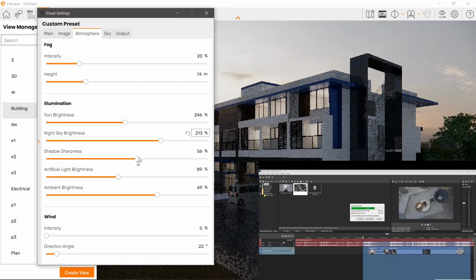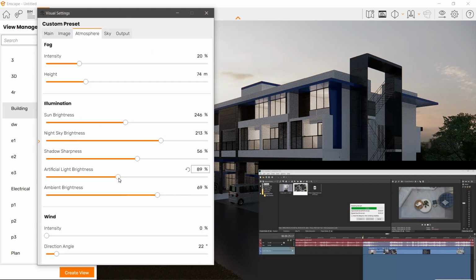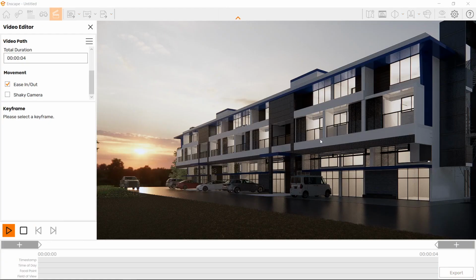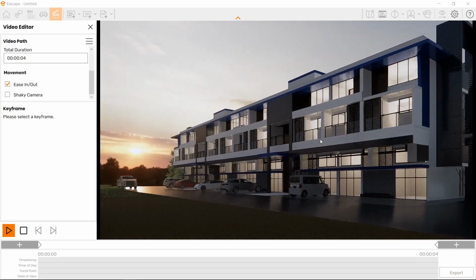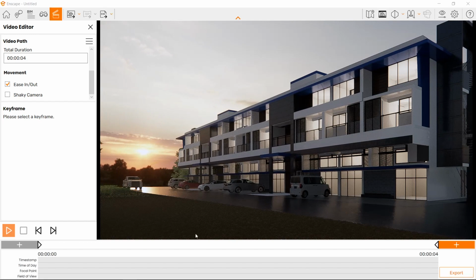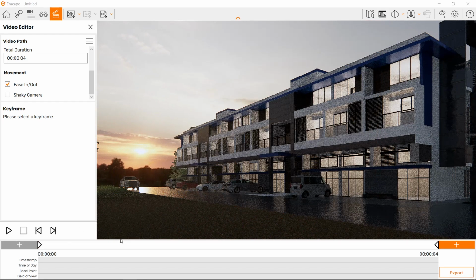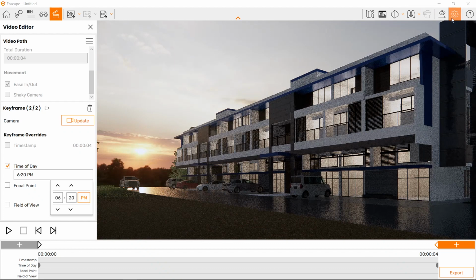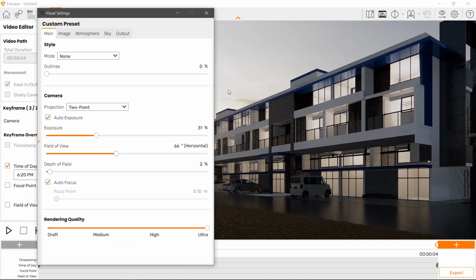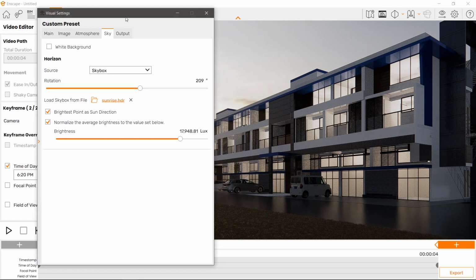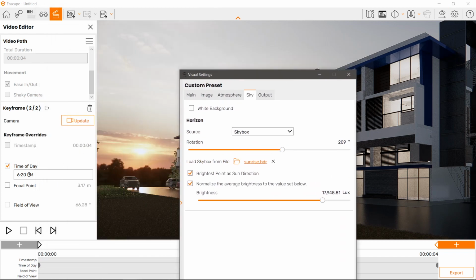And we have the ambient or artificial light. So at least now you can select the keyframe and just press play to play or preview from there. But since my HDRI is linked to the brightest point as the sun, I cannot edit the time of the day manually. To disable that,